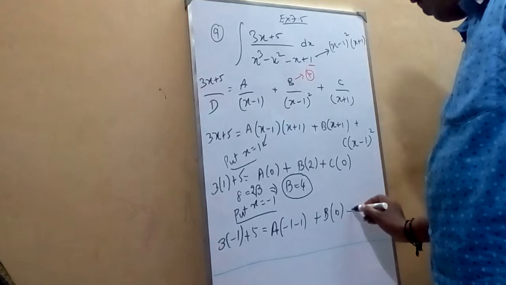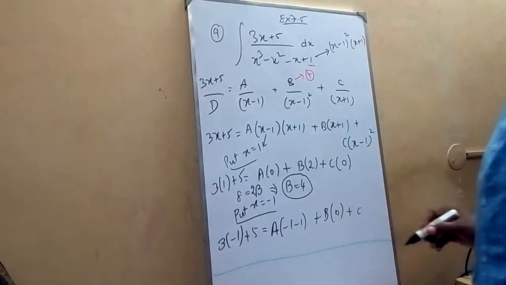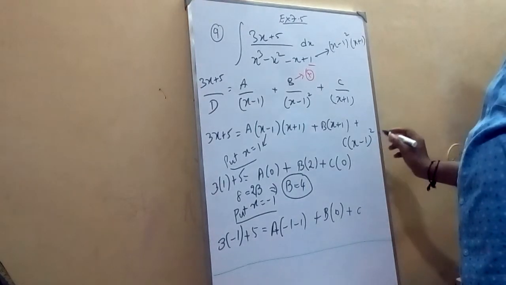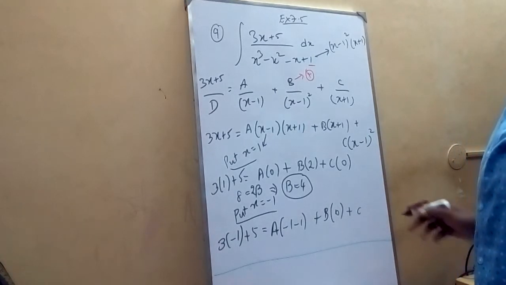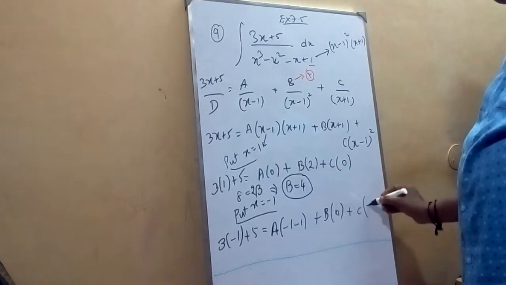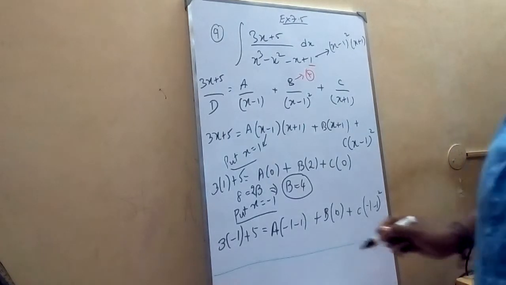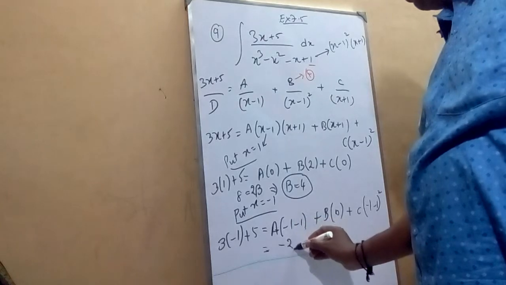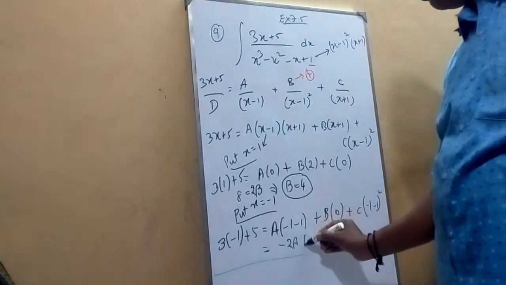0 plus c into, see here, one thing I should like to tell, if you put x, here it has x square minus 1, it is not x minus 1 the whole square. c is minus 1 like this, the whole square. So here a is equal to minus 2a plus 0, this is plus 4c,